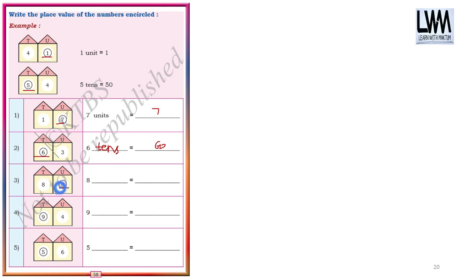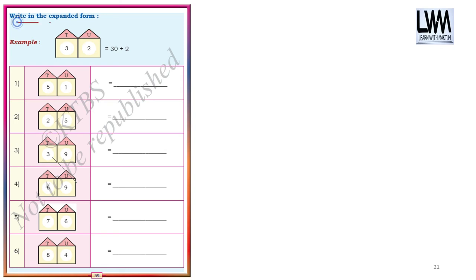Then here 8 is at units place. 8 is units place and the place value will be 8. 9 is at tens place, so it will be 90. Then here 5 is at tens place, then it will be 50. Okay,